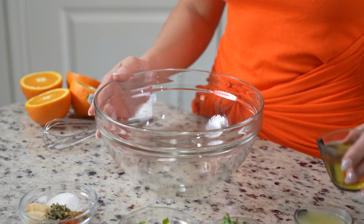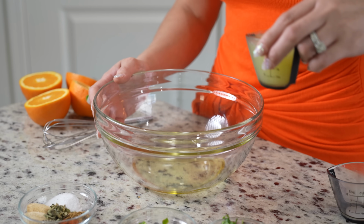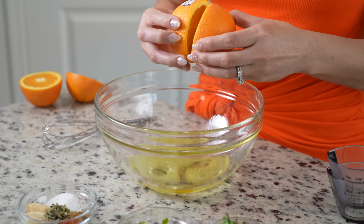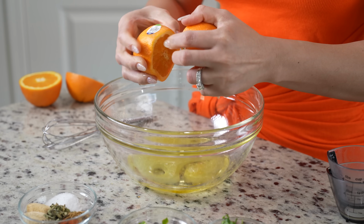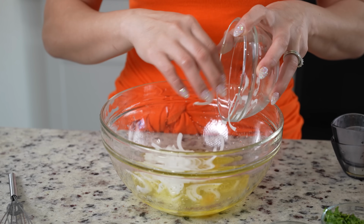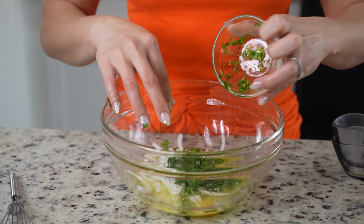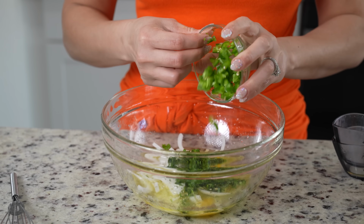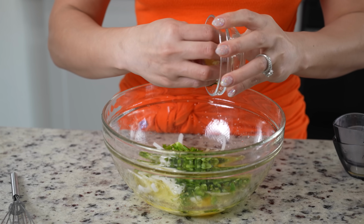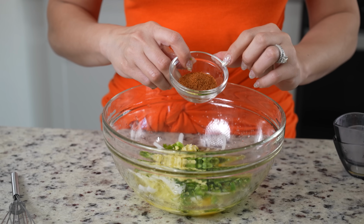In a bowl we're going to add 1/4 cup of olive oil, the juice of 4 limes. We're going to squeeze the juice of 2 oranges, half of a white onion, a handful of chopped cilantro, 1 jalapeño, 2 garlic cloves, 1 tablespoon of steak and meat seasoning,